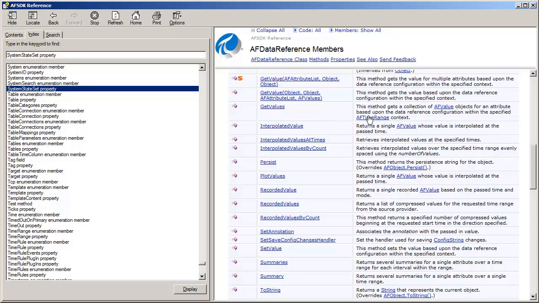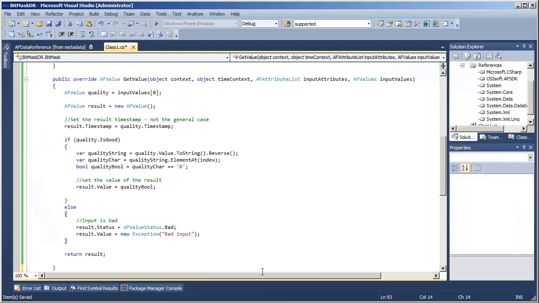However, in the case of this data reference that we are writing here, all we are doing is responding to a list of inputs from other attributes.